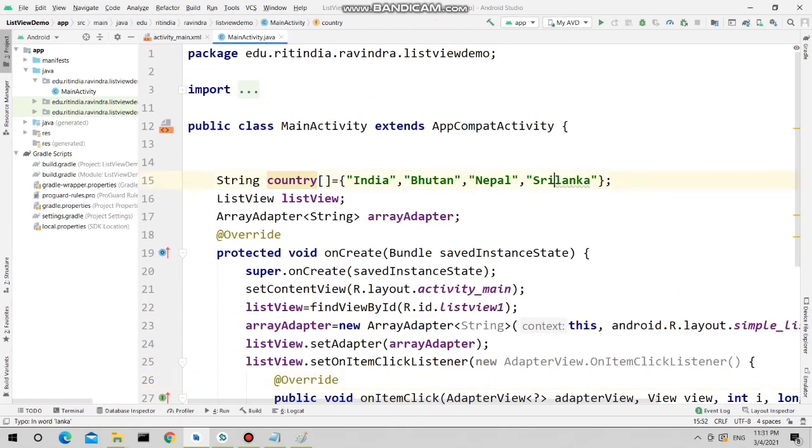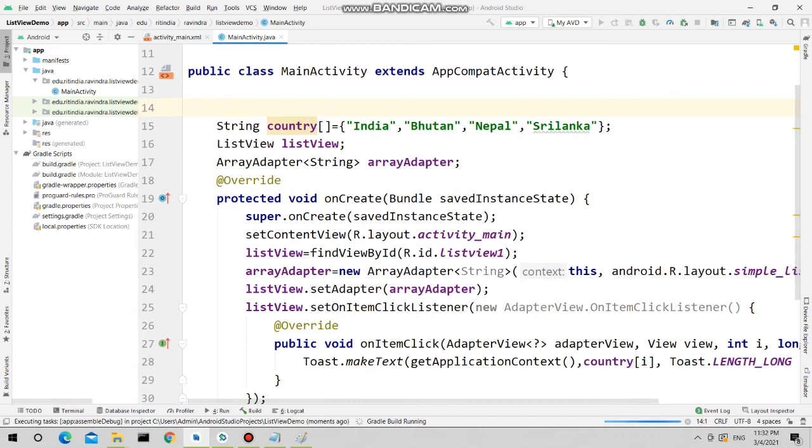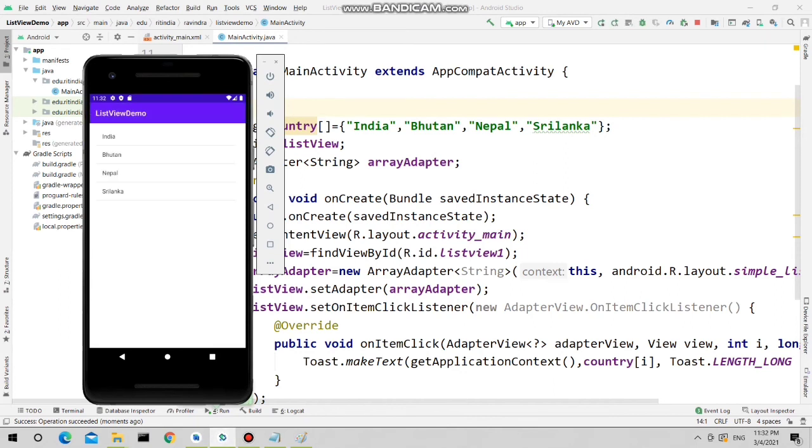Build again. Click on Sri Lanka, then it is displaying Sri Lanka. You click on Nepal, it is displaying Nepal. You click on Bhutan, it is displaying Bhutan.